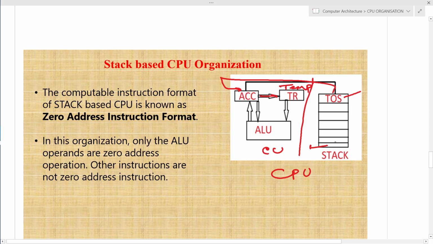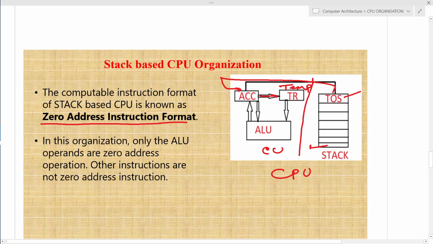The operand is available in the stack, which is a part of the main memory, and the operand comes to the ALU. If an arithmetic logic operation needs to be performed, then the ALU will perform it by implementing the stack based instruction, sometimes also known as zero address instruction or zero address instruction format.